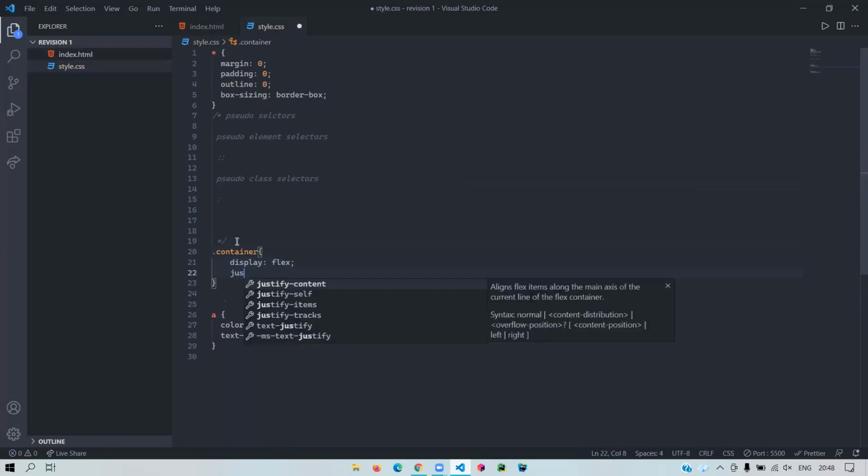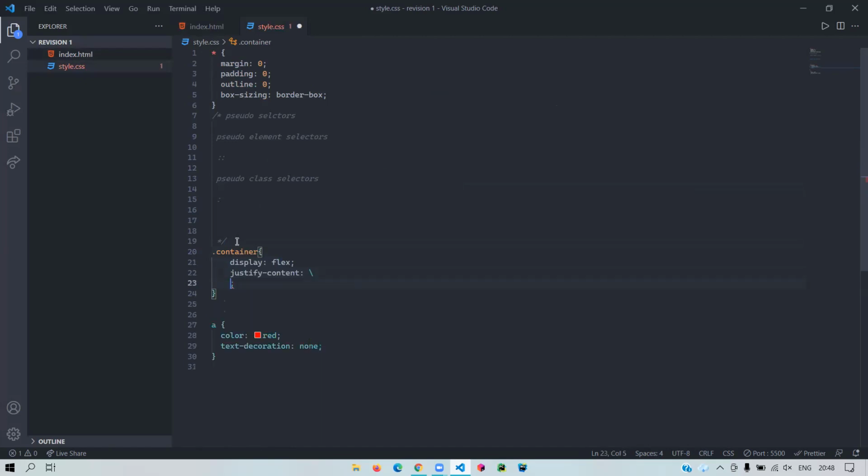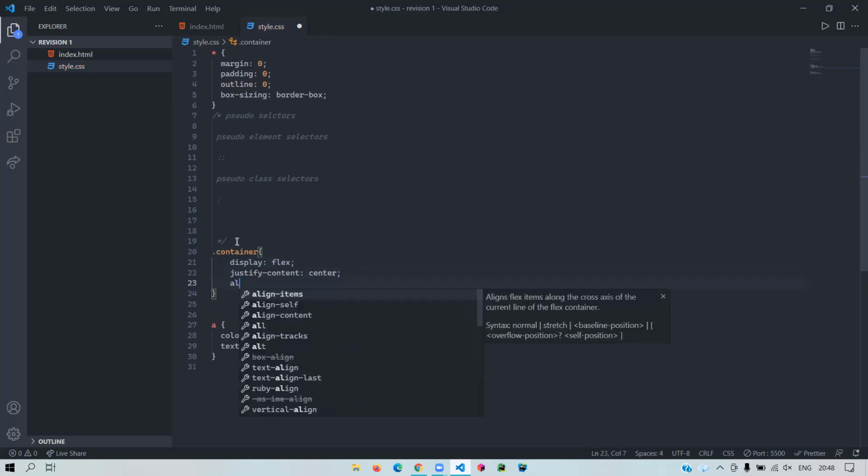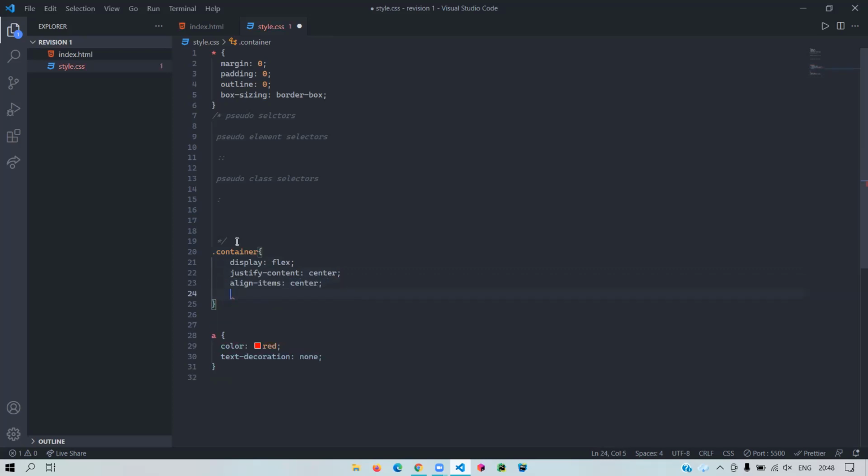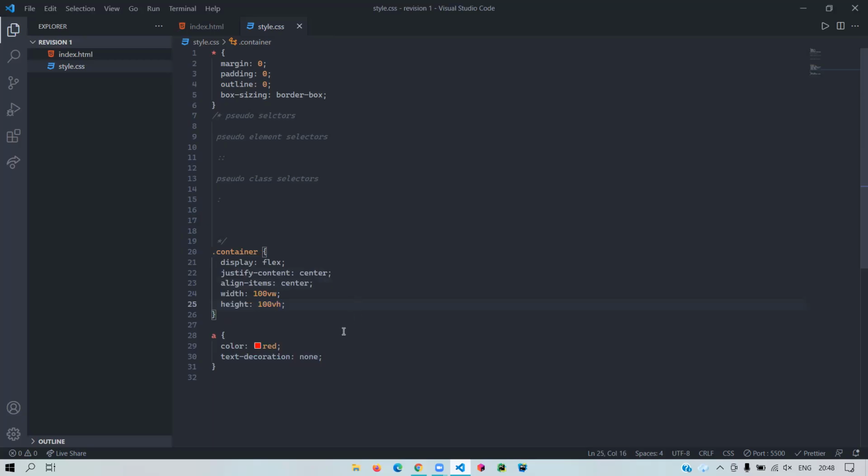We'll explain it in the later classes, but I'm doing this to center it. So you can see what I did there was I used certain properties and that enabled me to center it over here.